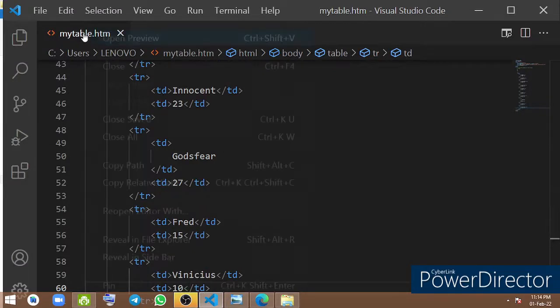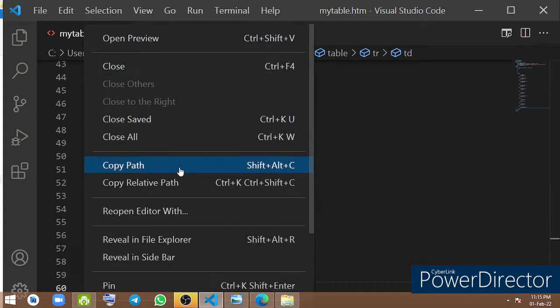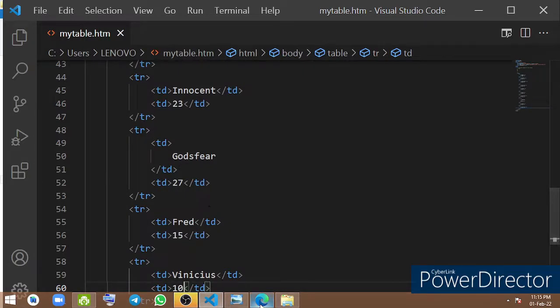So I'll just copy file, copy path, sorry. So the path is